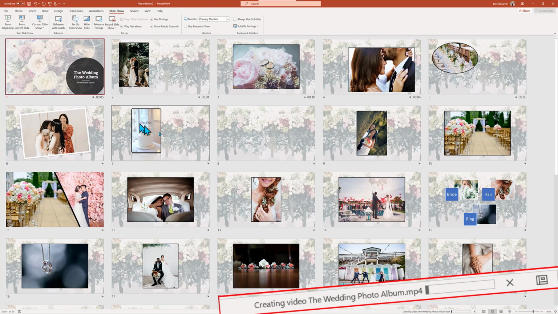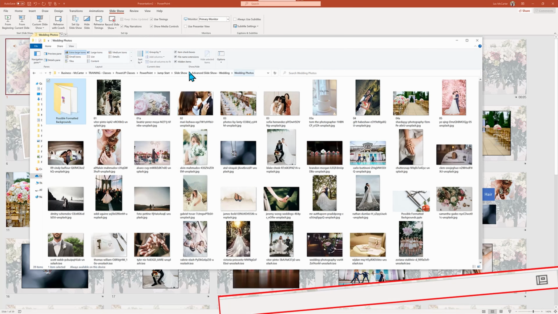It may take some or a lot of time to complete, as it is rendering all the images and colors and transitions and motions and audio. So be patient and let it finish up. When it finally does complete, go ahead and navigate back to the folder where the original PowerPoint file is stored, and you should find your .mp4 file just ready to play.